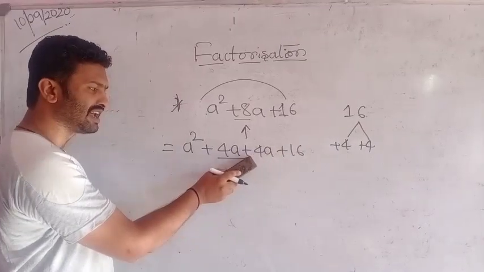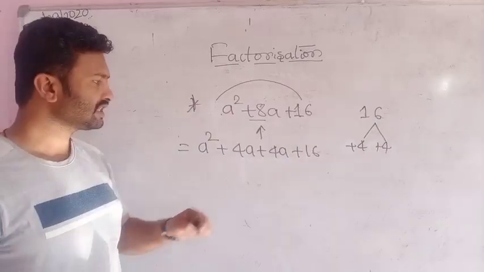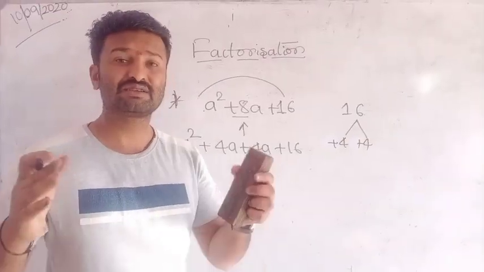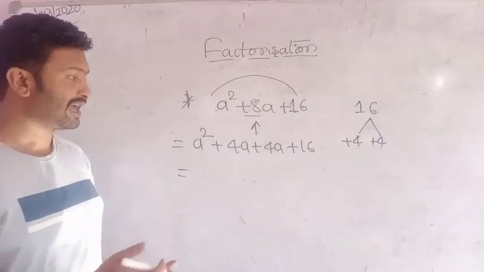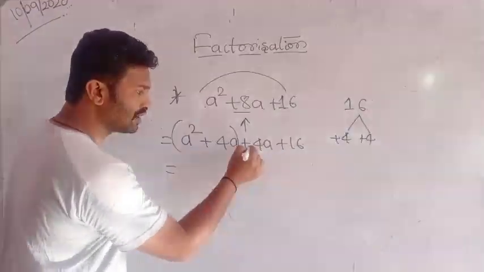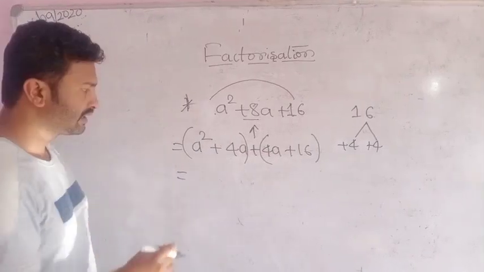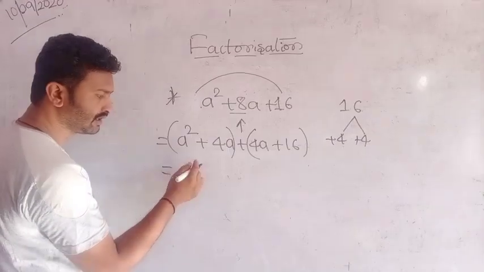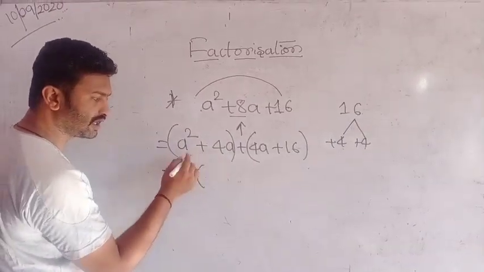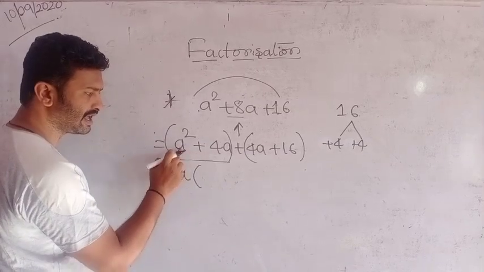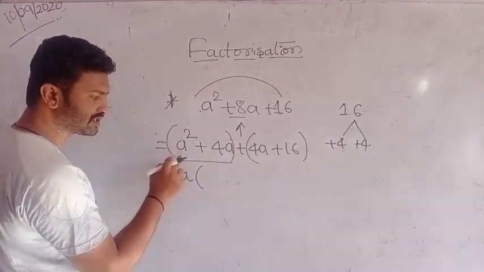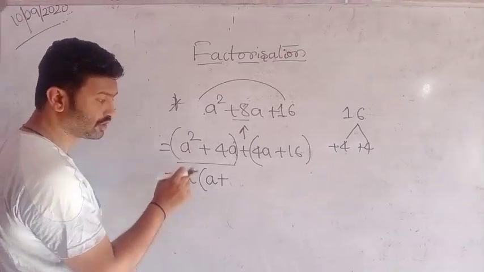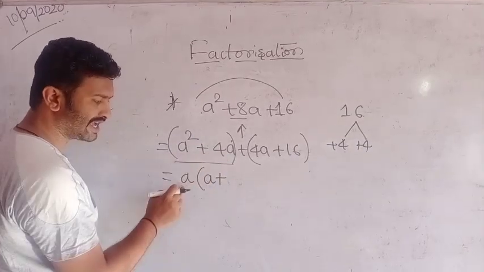Now after writing this, the next step is we have to find out the factors, right? By which method we have to find out the factors? I'll go for the grouping method. First 2 and next 2. Clear? In the first 2, is there any common? A is the common. Here a 2 are there, here only 1. I'll take 1a outside. In the first 2 only we have to concentrate. Here a, here 2, here 1. 1a I will take outside. 1a remains. After multiplying, we have to get the same value, right? That's why I am taking a outside.